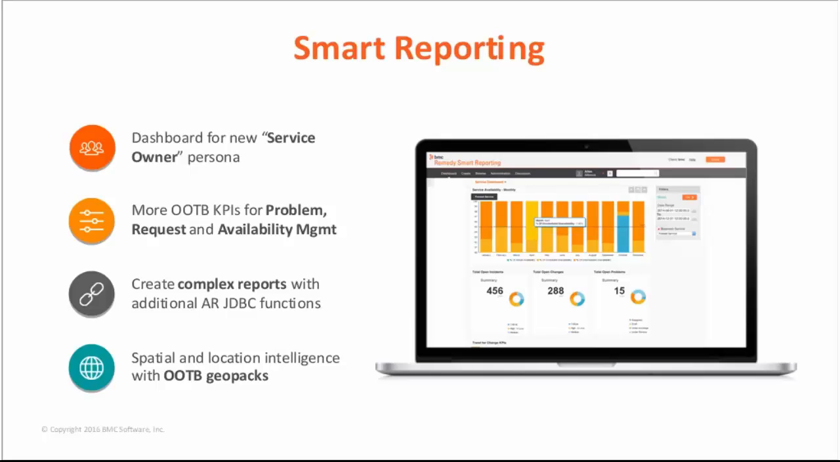On the application front, we improved one critical capability for smart reporting by adding a few more AR-JDBC functions. These additional functions help you create advanced reports that were not possible in the previous release. One of the AR-JDBC functions that we added is support for the union clause, and I can better explain that